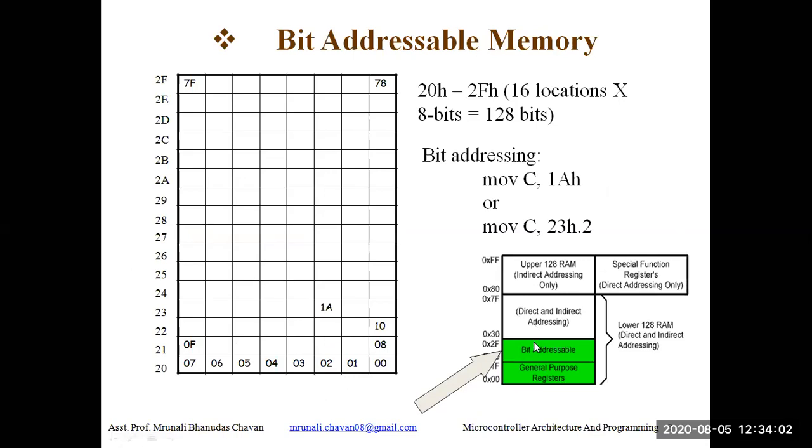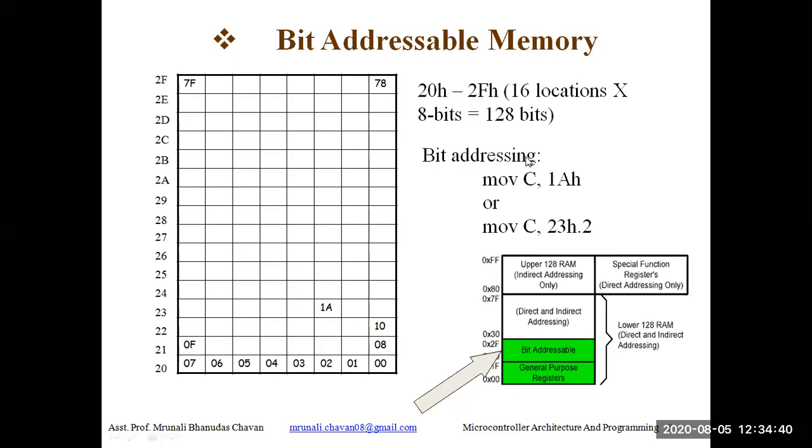From this, the total 16 bytes can be used as bit addressable as well as byte addressable. We can use these 16 bytes as bit addressable. See how, if we select this location 20H, then the bits can be shown as 00, 01, 02, 03, likewise 07. For 21, the RAM locations are 08 to 0F, likewise.